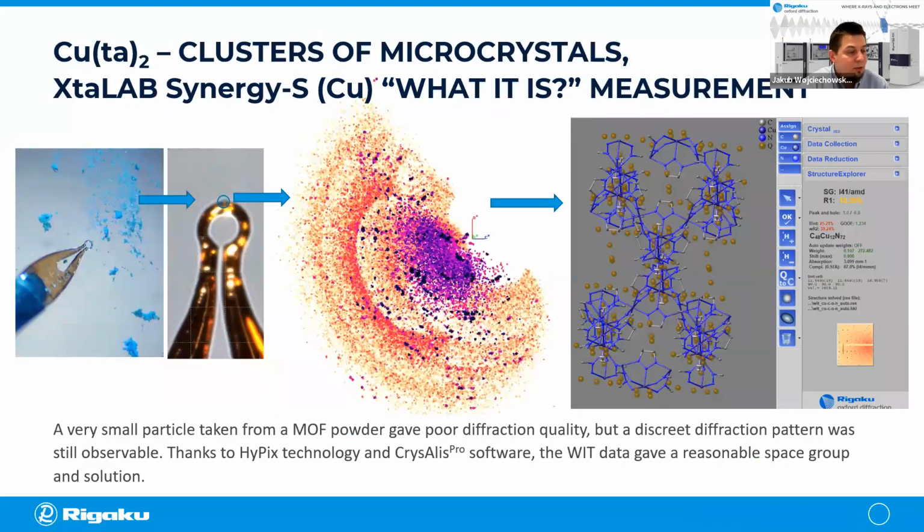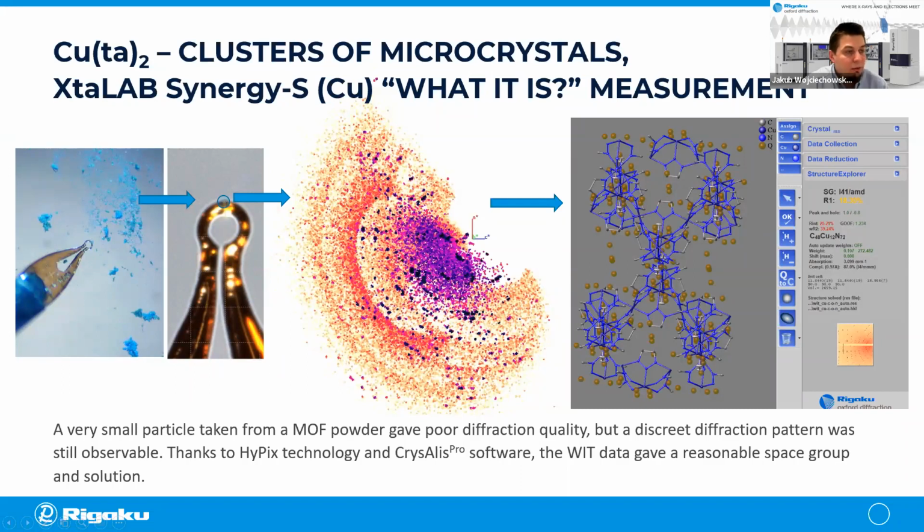So I mentioned that I kind of cheated, and this is how I cheated. When I was mounting this powder, as you can see on the loop, I noticed that there are some parts that are not really powder yet. So I can mount such batches of 20 microns of powder and screen them, and some of them will show a pattern. This is a warp image from about 3D that clearly shows very poor quality, but still a discrete diffraction pattern. And that was enough